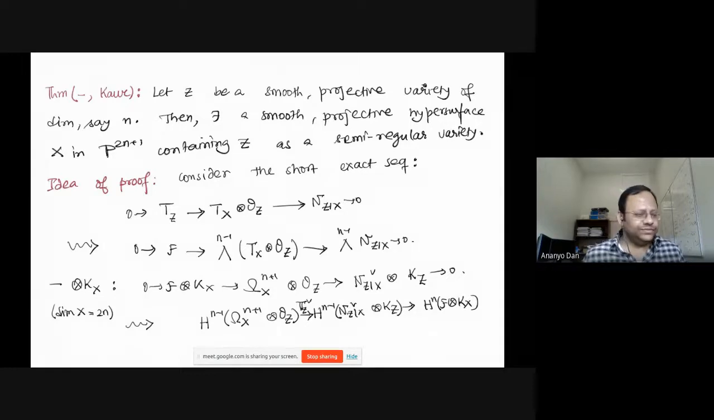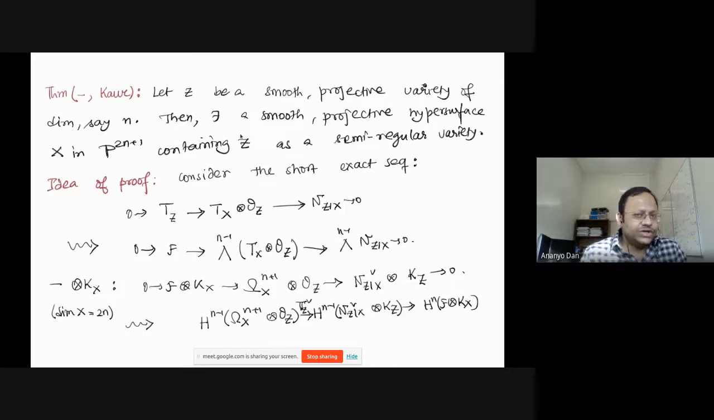Okay, so kind of a variant of what we were discussing before: if you start with a smooth projective variety Z of dimension n, you will be able to find a smooth projective hypersurface X in P^(2n+1)